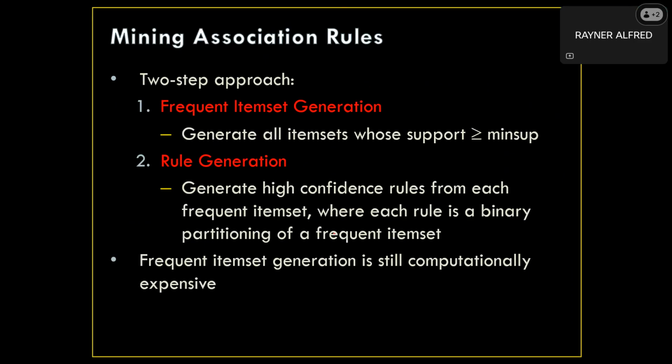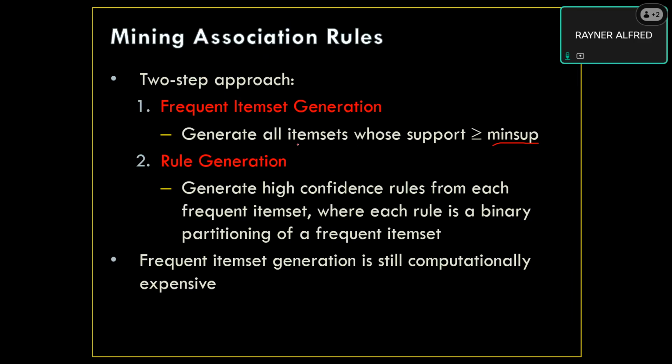Okay. So, as computer scientists, we are looking at ways to find the rules that we have in our database. There is a two-step approach here. The first one is we generate all item sets whose support fulfills the minimum support, and then we generate high confidence rules from each frequent item set, because